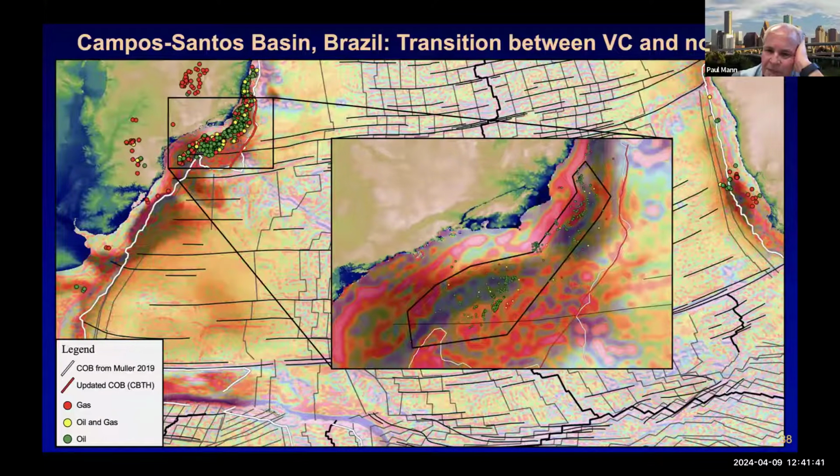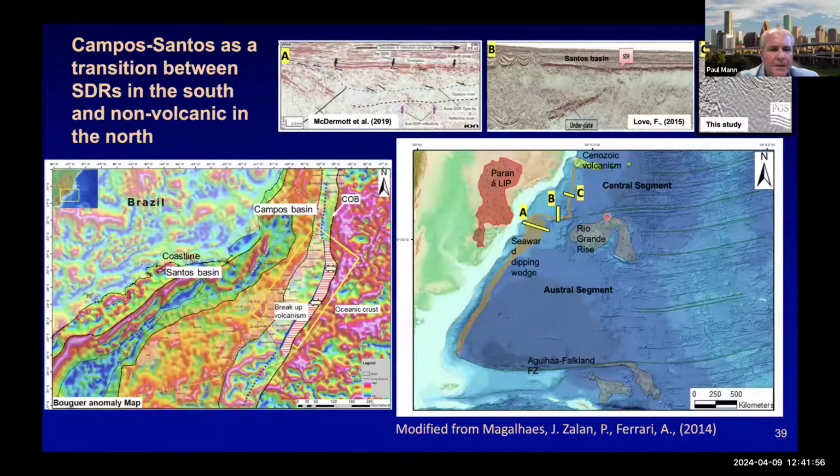There have been quite a few gas wells, particularly in this area, but a lot of it remains unexplored. So the question there is whether this could be a productive area in the very deep water part of Brazil. So again, I mentioned this transition between the seaward dipping reflectors. This would be down in Uruguay, Argentina, and then we turn this corner, the Florianopolis fracture zone here, and